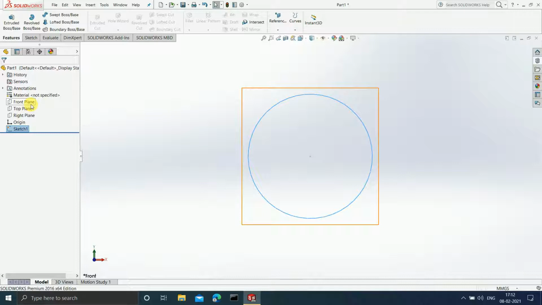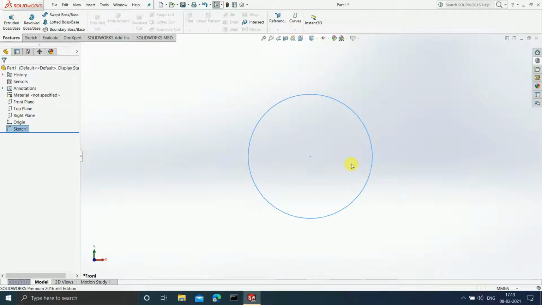Now in the front plane, which axes are available? For that, look at this axis given. In the front plane, can you see there is the y axis available in the vertical direction, and in the horizontal direction there is the x axis available. Am I clear with this? So when we sketched this particular drawing, we sketched it in the front plane, and in the front plane there is the y-axis available in the vertical direction and the x-axis available in the horizontal direction.